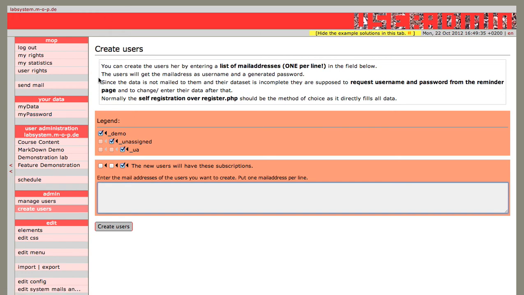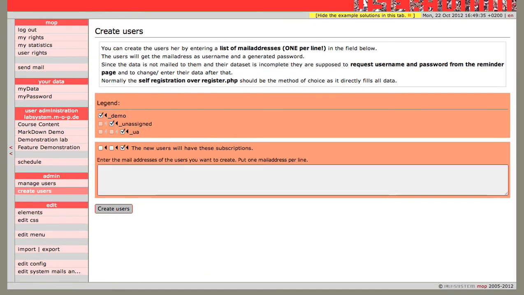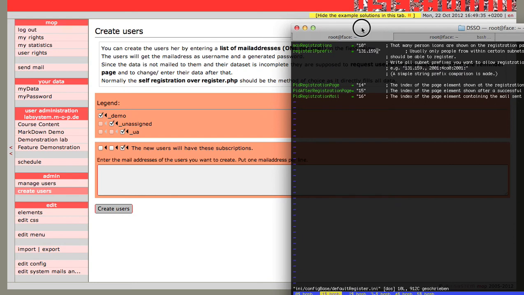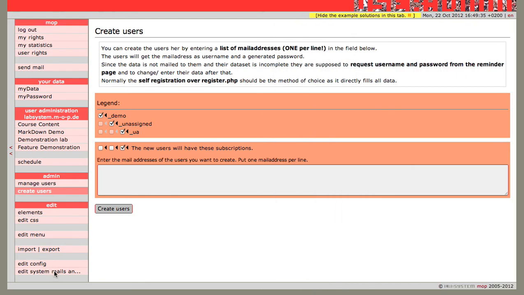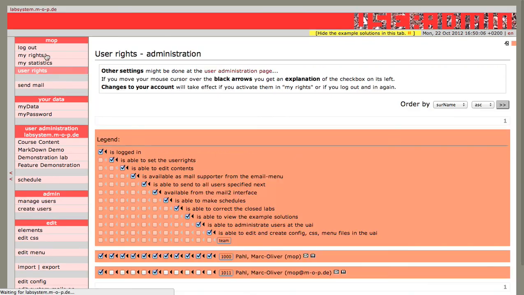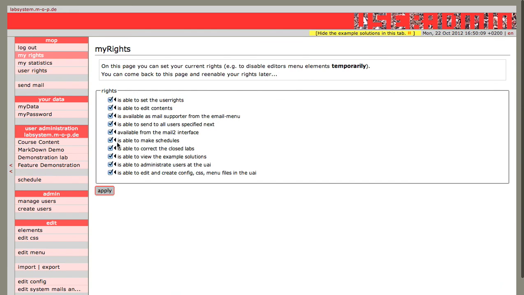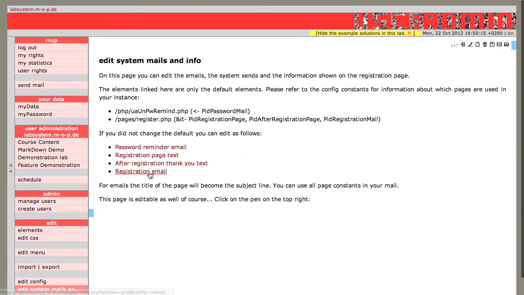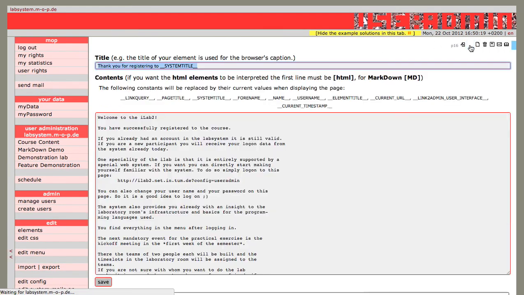Okay, so one last thing. I told you, here are the different pages where you can do things, and when you're in the user administration and you have the right for edit, create, config files, menus, etc., then you can go here, and you can directly edit the registration mail here, and you can, for instance, at the fields you have here, you can say, for instance, hello, full name, welcome, and then when you save it,